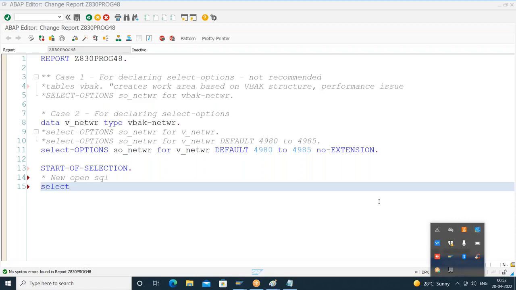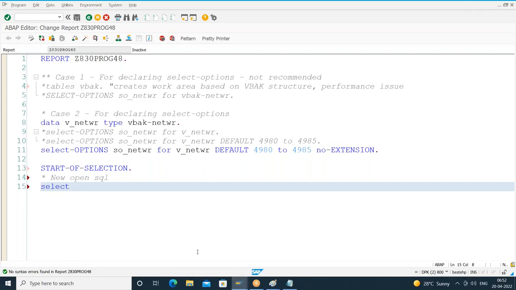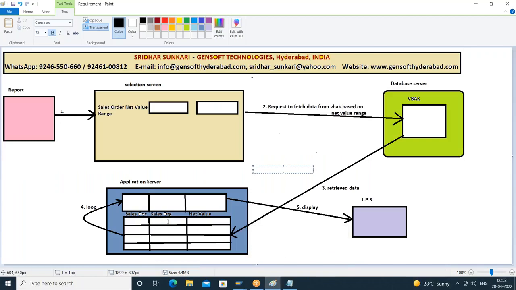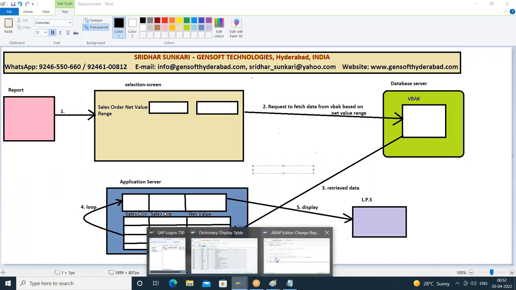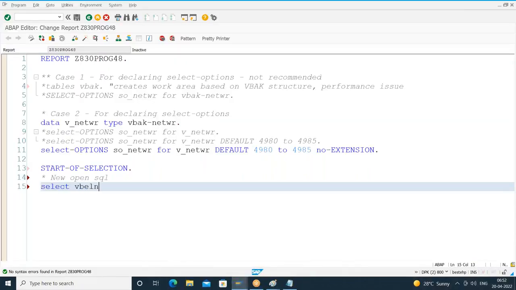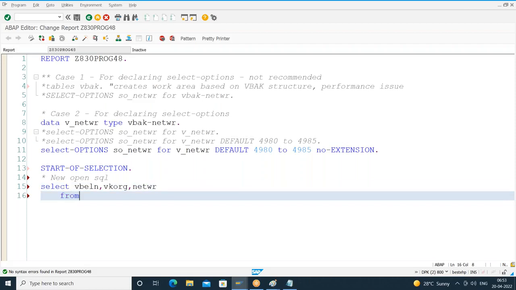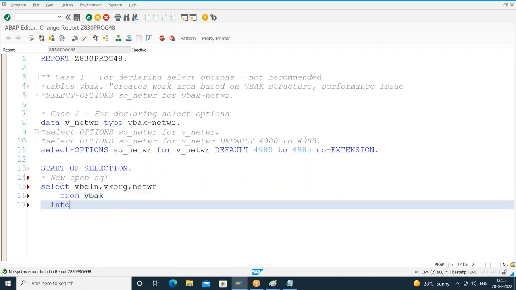What is this? Select what? What are the fields you want to retrieve? Sales document number, sales organization, net value. So select VBELN, comma, VKORG, that is sales organization, and NETWR, from which table? From VBAK table into table @DATA. I'm going for an inline declaration, or you can give a meaningful internal table name. Let me name it T_VBAK,